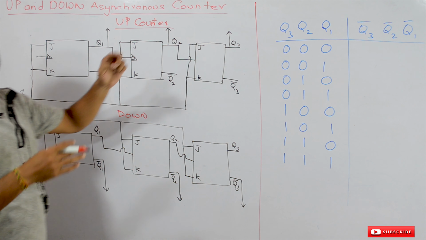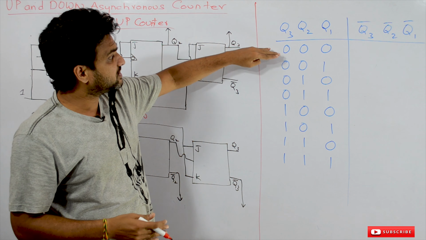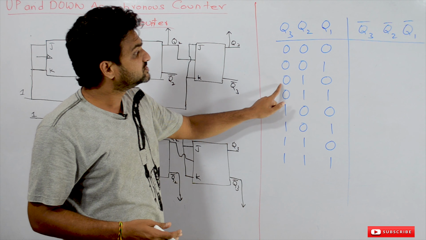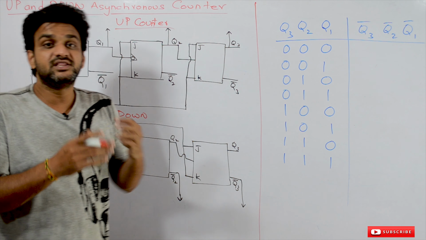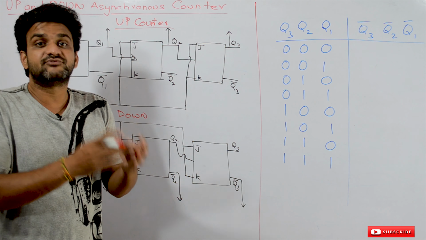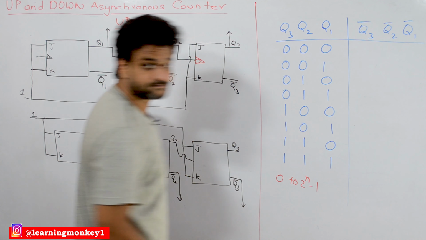In that way we have clearly understood that concept by using the waveforms. In the next clock pulse, the outputs at Q1, Q2, Q3 are going to be 0 1 0. In the next clock pulse it is going to be 0 1 1. In that way the counting from 0 to 2 power n minus 1 values will happen. For example, if you have 3 flip-flops, how many numbers can we count? The numbers that we can count are in the range of 0 to 2 power n minus 1.